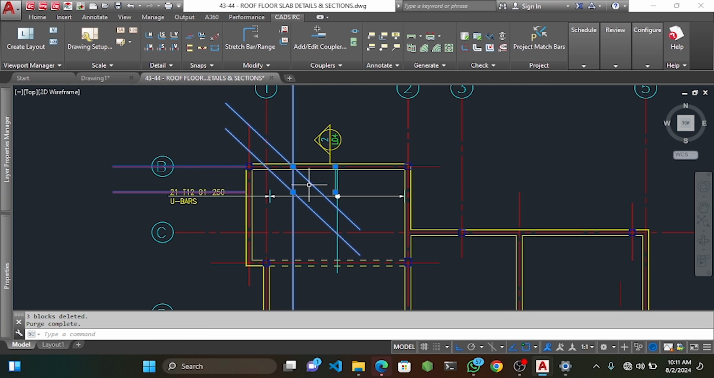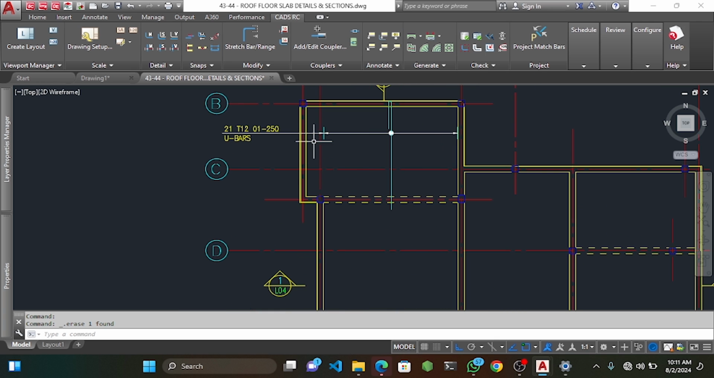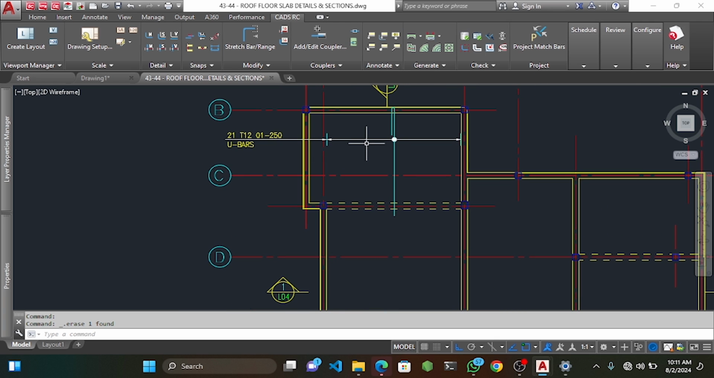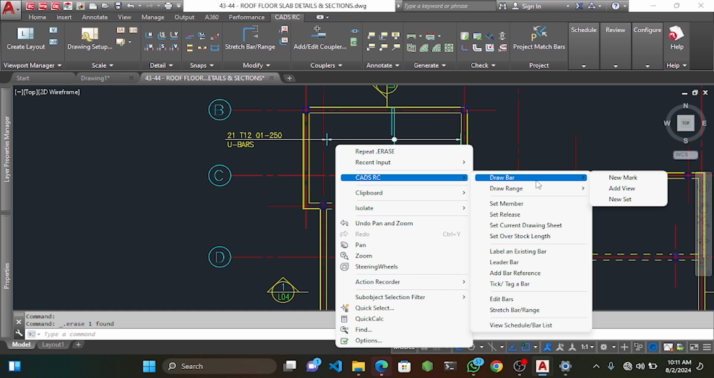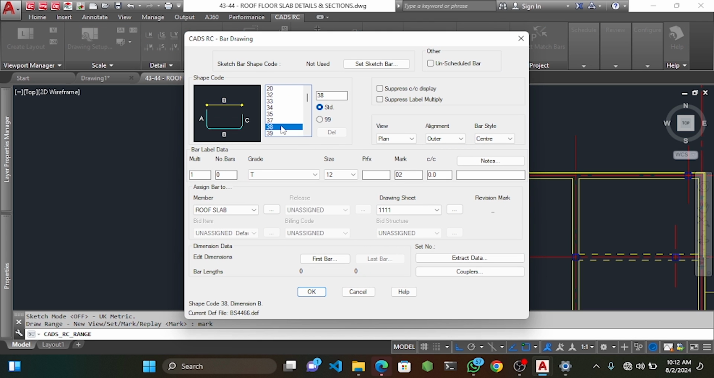So I have this. That's for the first part. For this small part here, you can come here, draw bar again, pick range, new bar, single indicator. Then I can choose another shape of bar. For this one, I'll be choosing this shape of bar